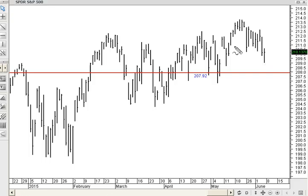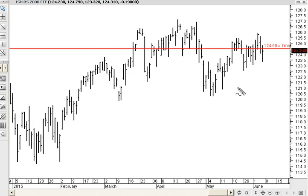If you just look at price action from mid-May, it's generally been like this. Whereas on the Russell 2000 ETF since mid-May, it's generally been sort of like this. So the small cap's relatively stronger at the moment. Interesting on this chart, the 7-month point of control or time level has migrated slightly higher to 124.50, and this will now be the level that we will use to gauge strength and weakness, and we're currently printing just a little bit below that. If we see the Russell recovering back above here, that would be an indication of strength